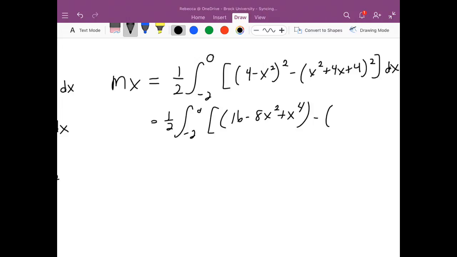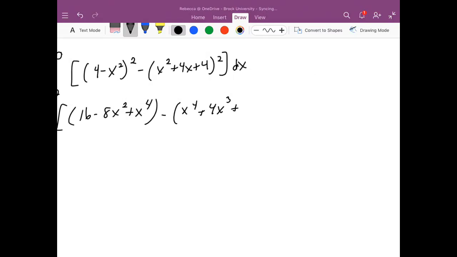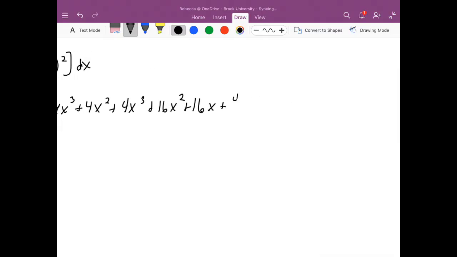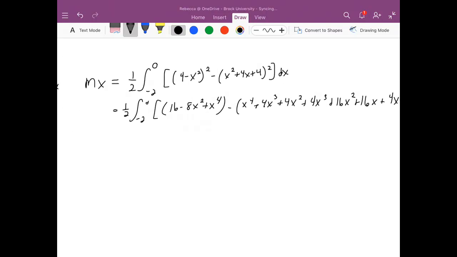This next term is pretty long, but you end up with x to the 4 plus 4x cubed plus 4x squared plus 4x cubed plus 16x squared, 16x plus 4x squared plus 16x plus 16, and that all simplifies down to